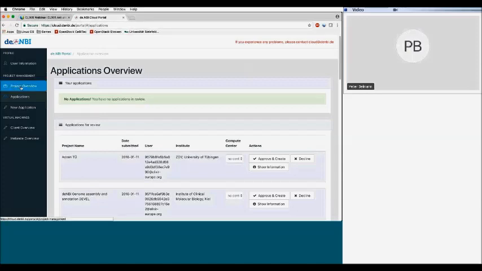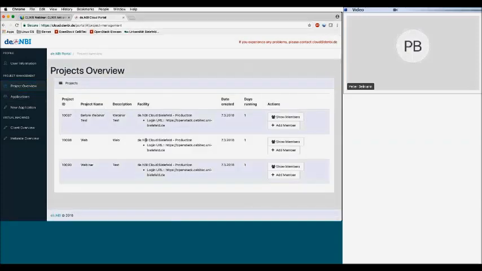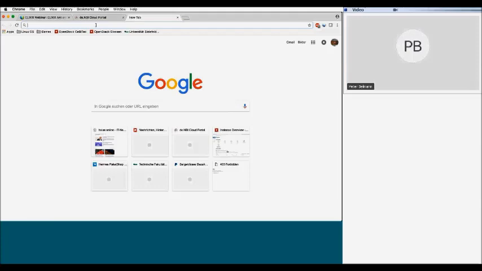If the user then logs in to the portal again and clicks on project overview, he can see here his projects so far that are already running. In my case, I tested before this webinar, and I created another project and other applications. It also provides the login URL to OpenStack. In this case, it's the OpenStack installation in Bielefeld. When I go here,